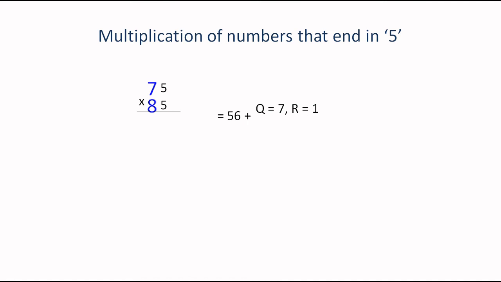So this remainder 1 will decide only the second part of the result. First part of the result we will write down just by doing the addition of these two things. 56 plus 7, that is 63. That gives the first part, and the second part we will put down as 75 because in the previous division we have got remainder 1. So if remainder is 0, we will put down 25 in this place. If it is 1, we will write it down to be 75. This thing we have to remember.